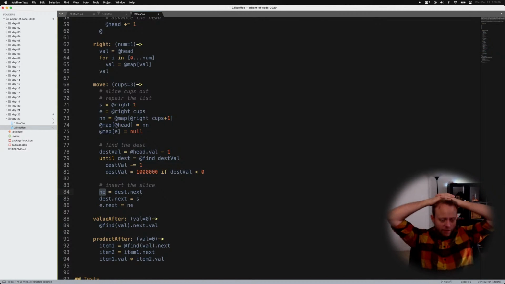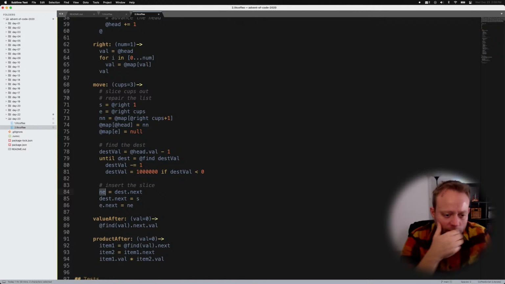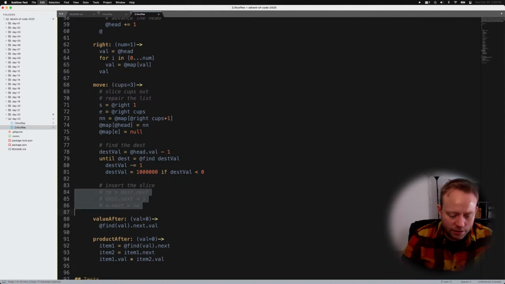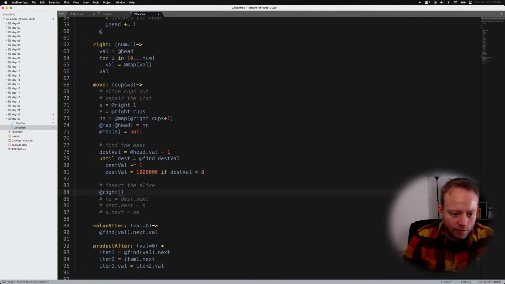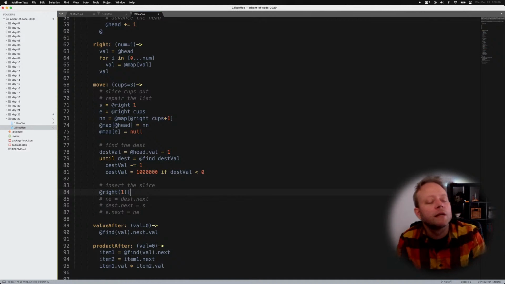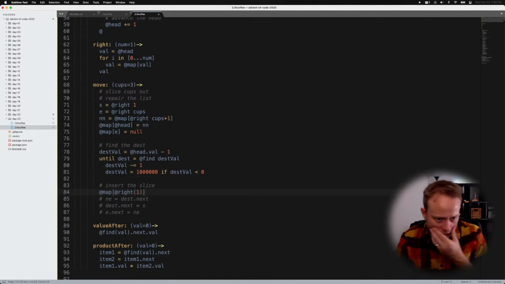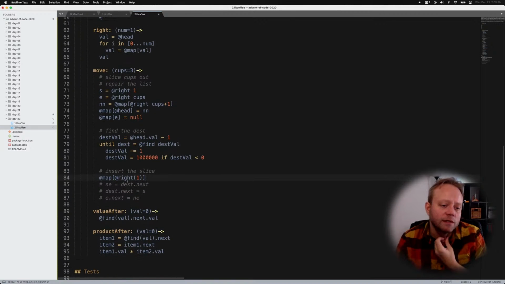So we've got these, inserting the new slice. We've got the start number and the end number. So what we want is to find the new right one. Here, let's just insert the slice. We'll say right one, that's the new value. So map at right. Do we want to advance? No, we don't want to advance. This is going to be,